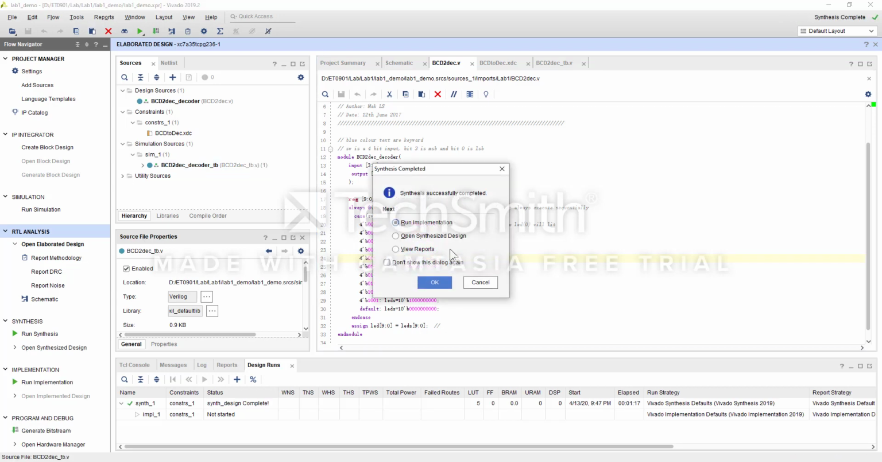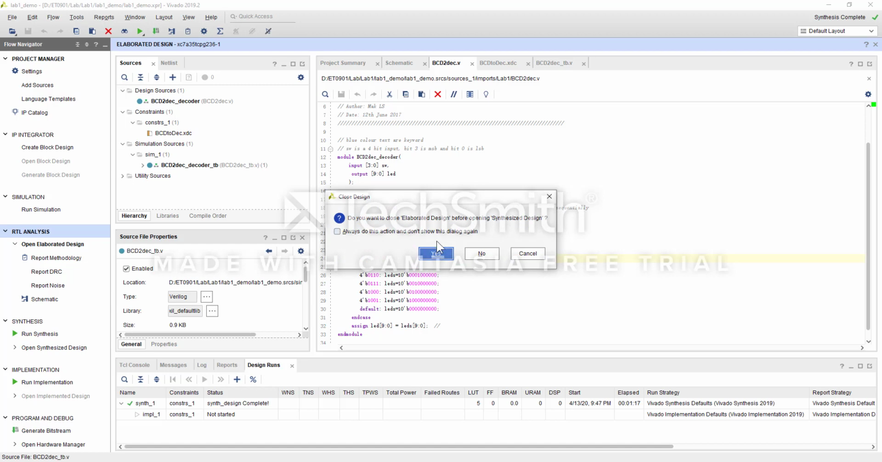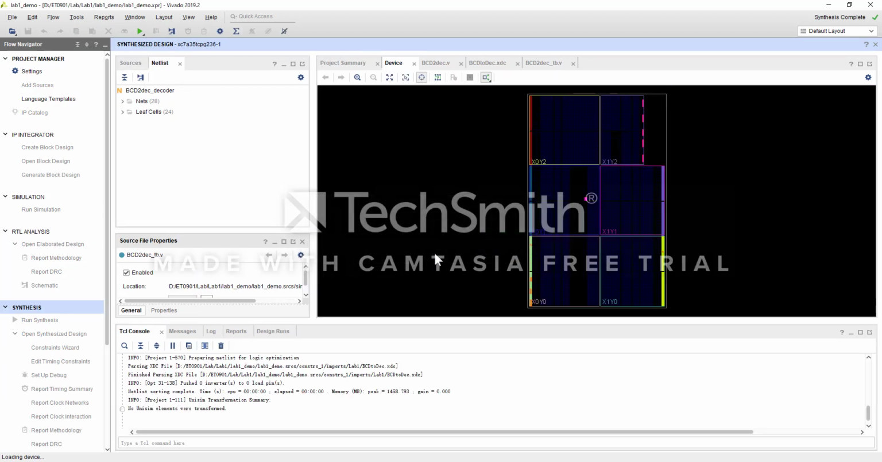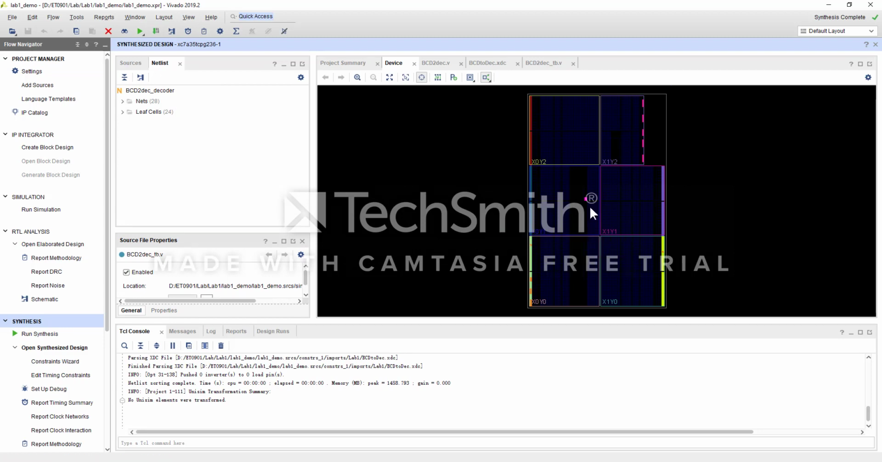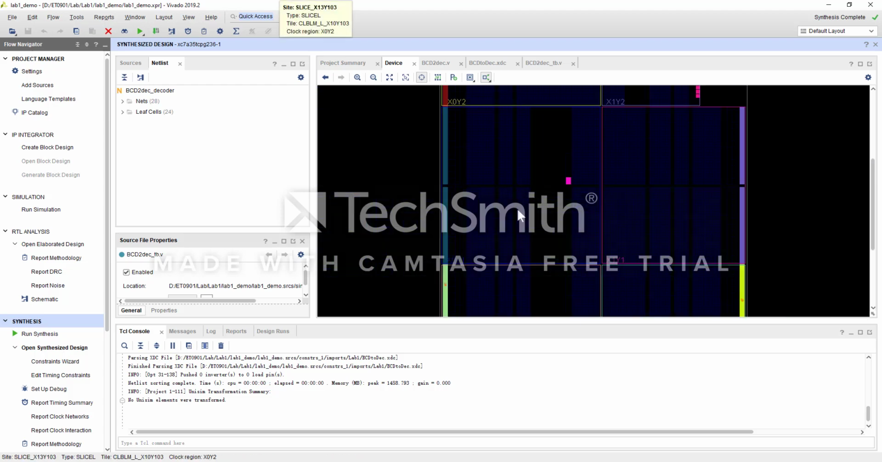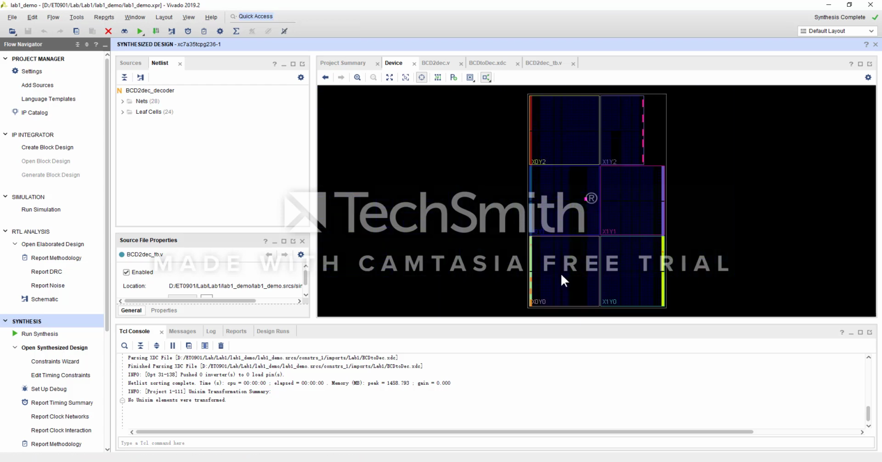Okay, so it's ready. Synthesis successfully completed. You can choose to open the synthesized design. So we just say yes, close the elaborated design and open the synthesized design. Basically it shows you essentially where your logic is, if I'm not wrong, or maybe not, but anyway,